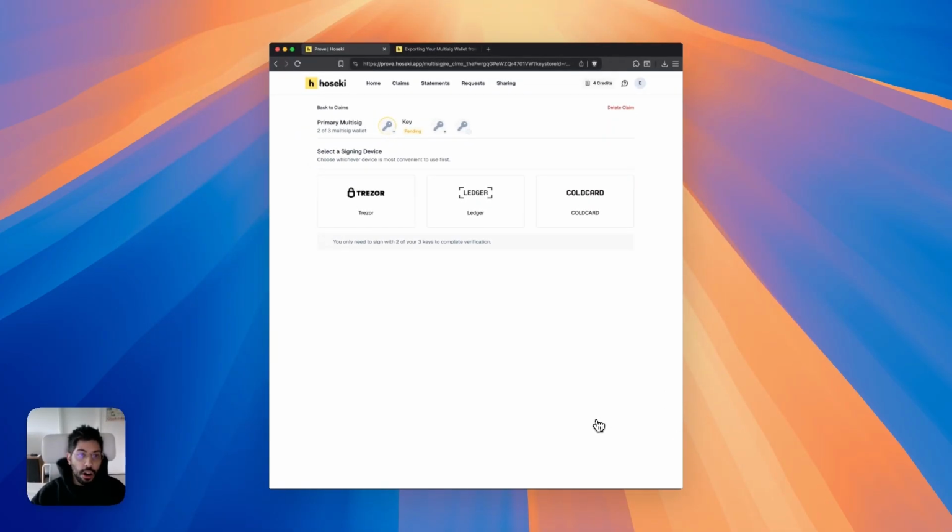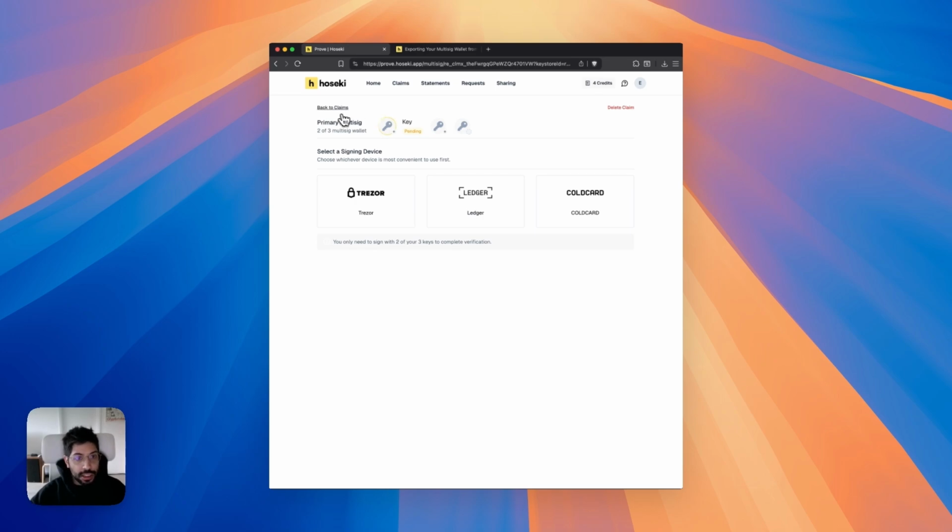And now we've landed on the multi-sig home screen. This is a screen where you've already identified your multi-sig, you've named it, and we've identified how many keys it consists of. Your task now is to confirm ownership of the keys that are a part of that multi-sig, so then you have a valid claim of ownership. And once you do that, the balance of that Bitcoin multi-sig can be included in your